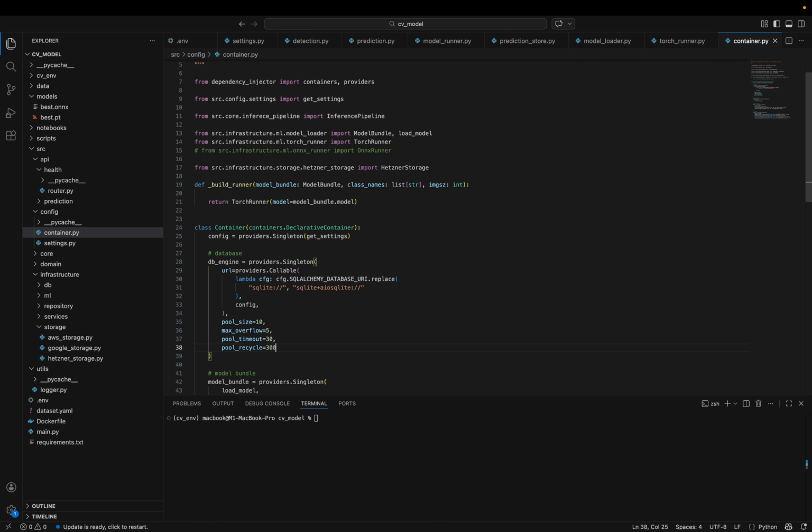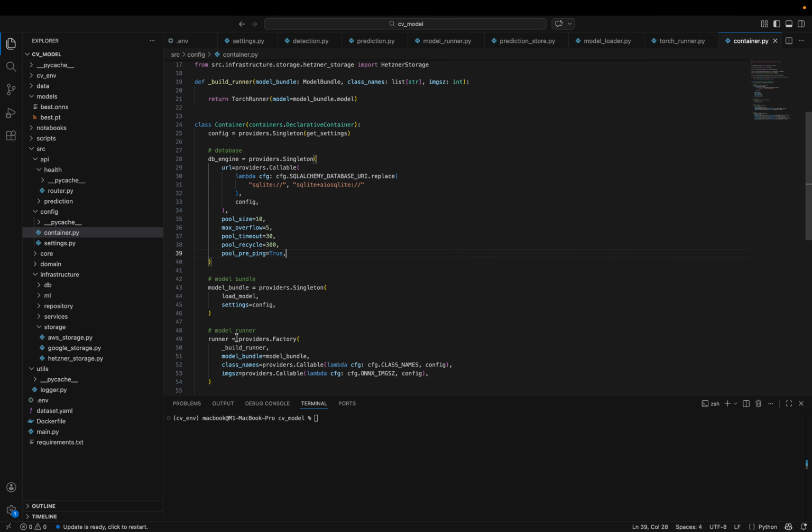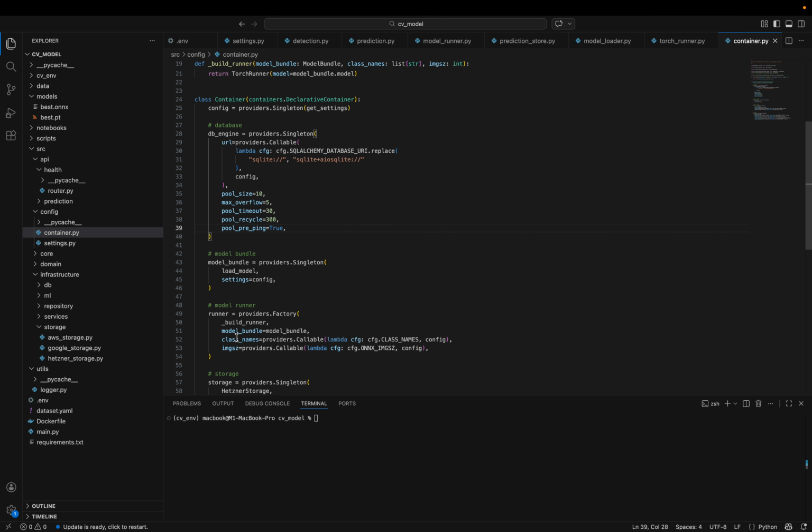And pool pre-ping for fast queries. Again, you would only know all this when you've gone through the documentation or used it severally. Pool pre-ping to true. So we now have our DB engine, we have our model bundle, we have our runner,